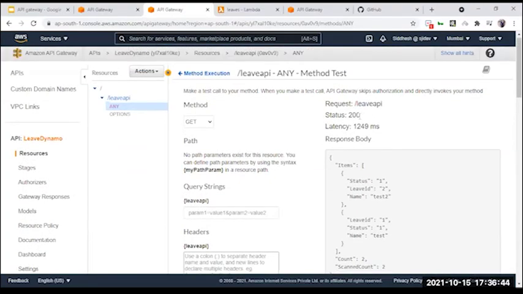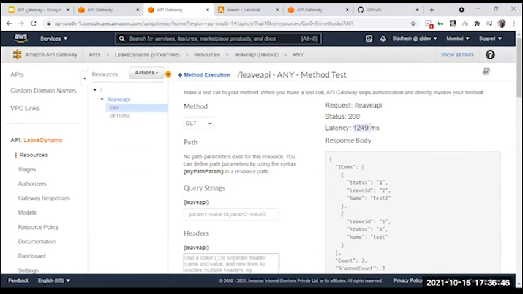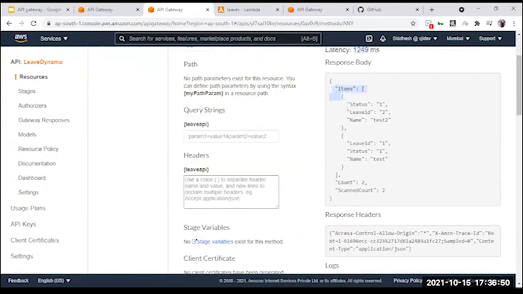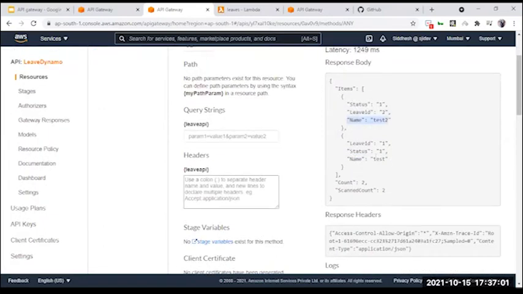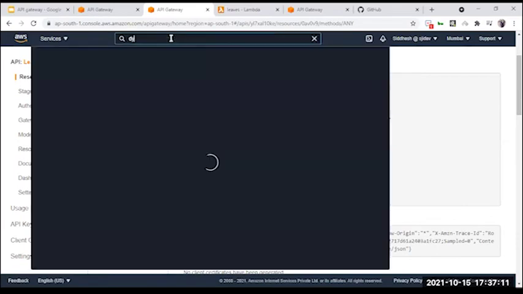Our status code, as I mentioned, the latency, so basically how much time it took, then the body, the items that are there in DynamoDB. So first we have status, then we have leave ID, then the name, the test, whatever that is stored in the DynamoDB. Now, if you want to check this data, if it really exists in